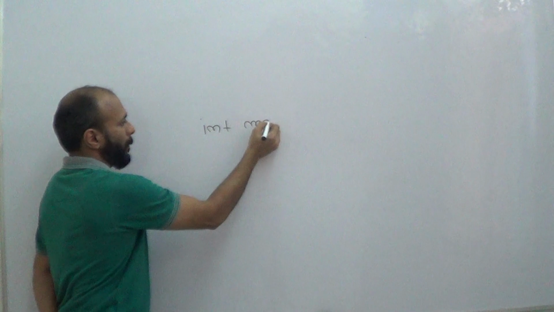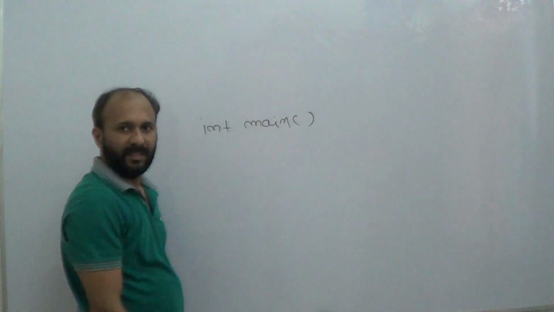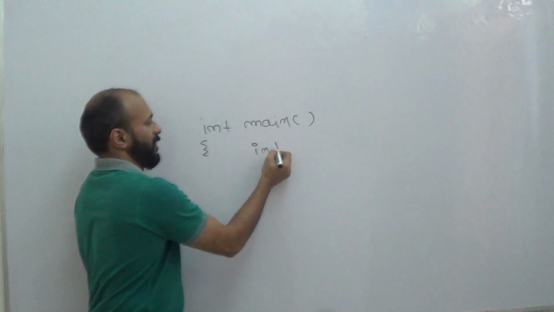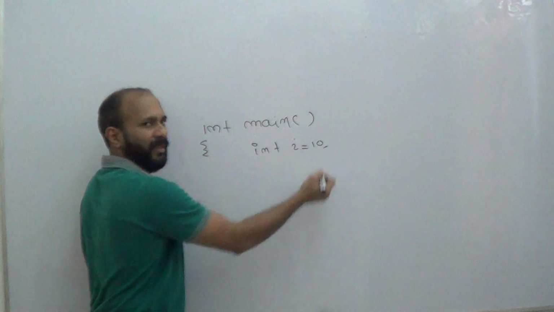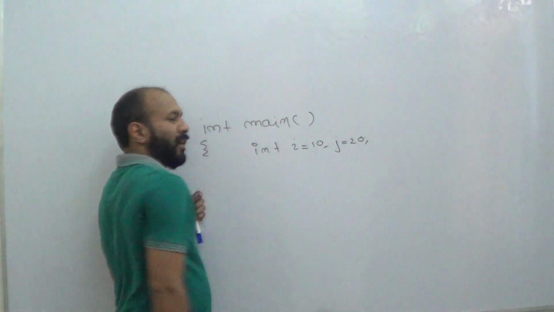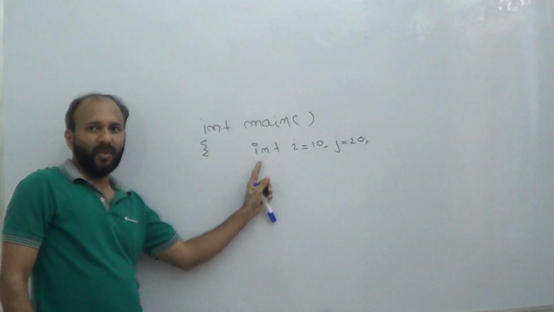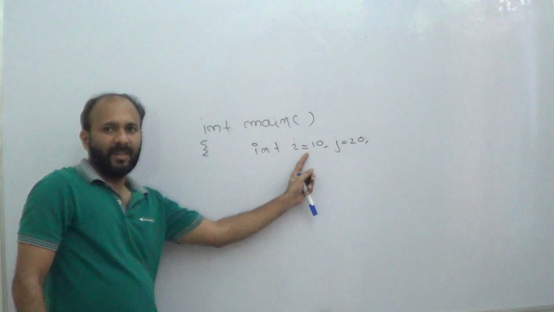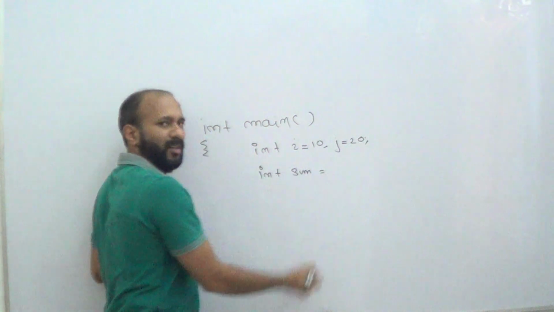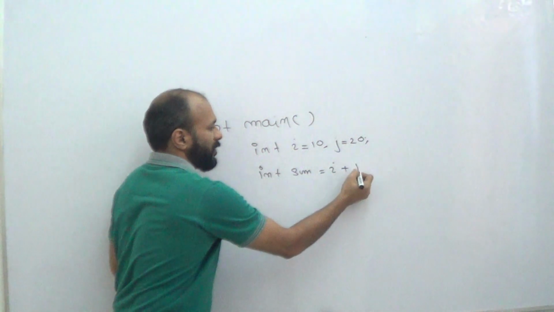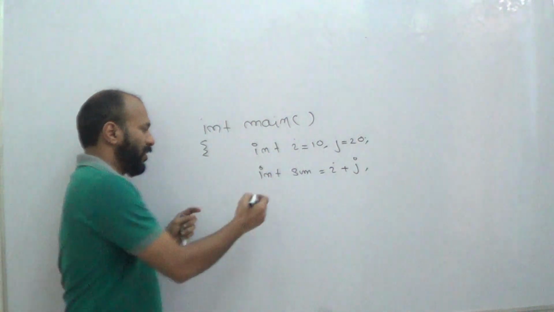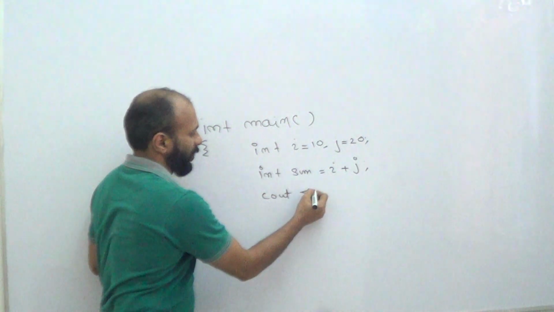I have a main function. Inside this main function, I am declaring two variables. int i is equal to 10 and I am declaring one more variable j which is equal to 20. My intention is that I wanted to calculate the sum of these two numbers. So I am declaring one more variable, int sum, which is equal to i plus j. Now I am just printing the sum with the help of cout sum